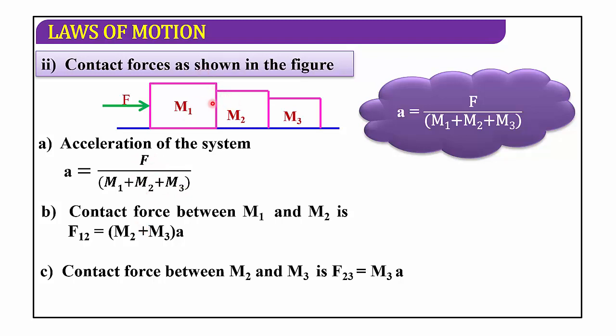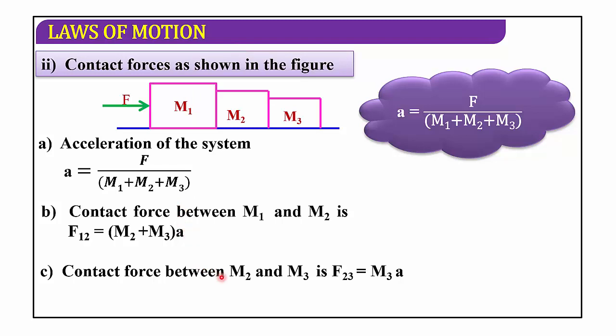How to write the equation for M1 and M2? So we can write F12 is equal to, so M2 is applying force on M1. Is it clear? Right. So on M2, already M3 is applying force. Always they are in opposite direction. M3 is already applied on M2. So we can consider M2 plus M3 together they are applying force on M1. Contact force due to M1 and M2. But on M2 already M3 is applied force. So we can write M2 plus M3 into A. This is contact force between M1 and M2.